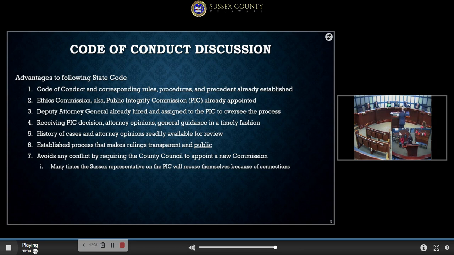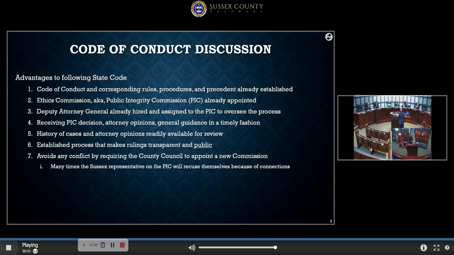A lot of the people tend to think that everything is a good old boy network, and if Sussex County is appointing its own commission, they're making their decisions, and it would necessarily be in private. Oftentimes people think, well, they're protecting their own.